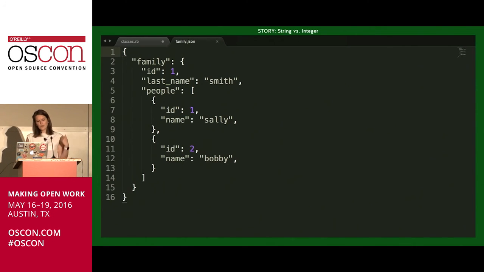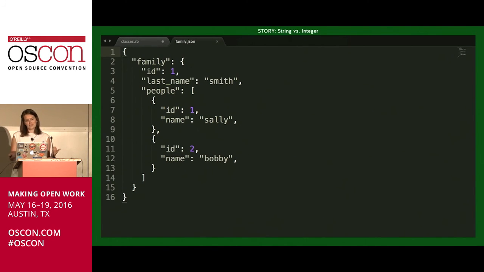So what happened? The backend needed to look up the people in the family, so it needed the ID. When the front end passed two people with string IDs, it said, I don't have any people in my family with strings, you must want me to create those. And then it said, I was expecting two integer people, a Sally and a Bobby with integers, and you must want me to get rid of those people. So you got two new people that are exact copies of your two old people, except they're strings instead of integers.